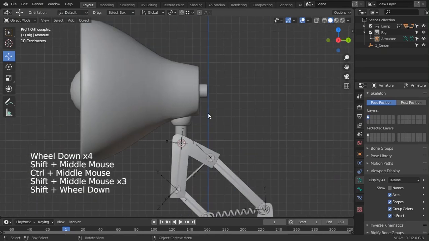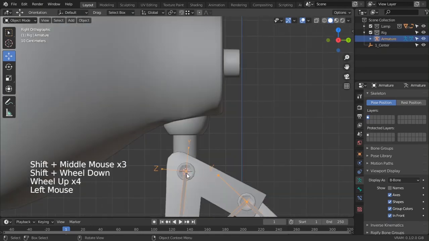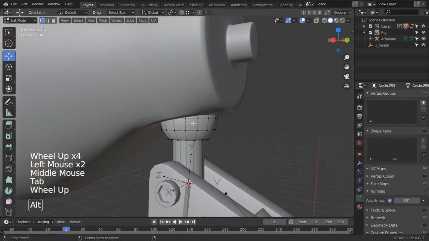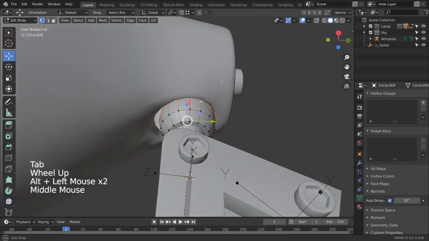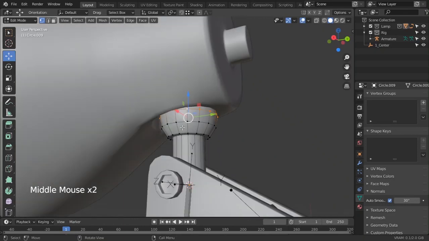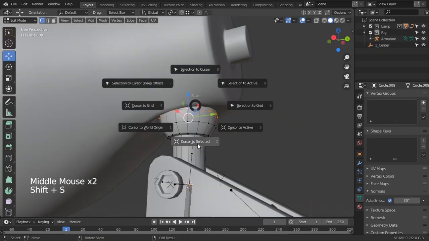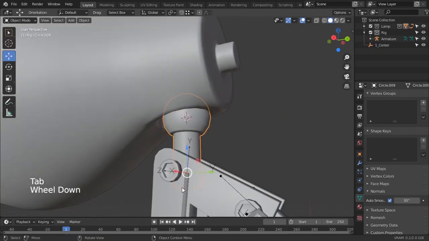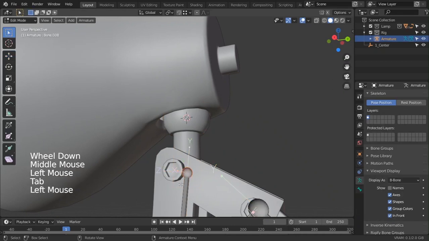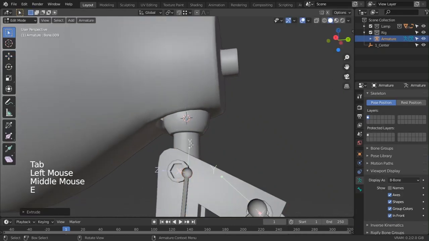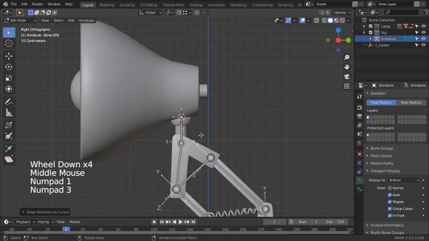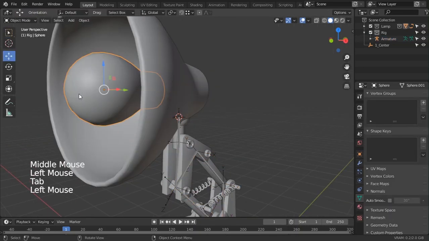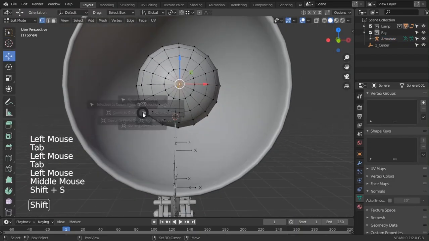For the top part, that's some simple stuff, so I'll just continue with it. So select this edge loop right here, which is going to be the center of this. Shift S, cursor to selected right there, and select the bone right here. Extrude it in the Z-axis, and Shift S, selection to cursor, like that. And perfect. So we are almost done with it. So I'll just add one for this part right here. Select the top part, Shift S,